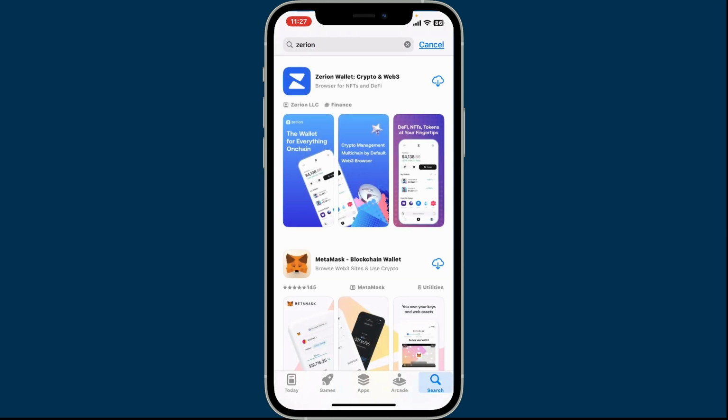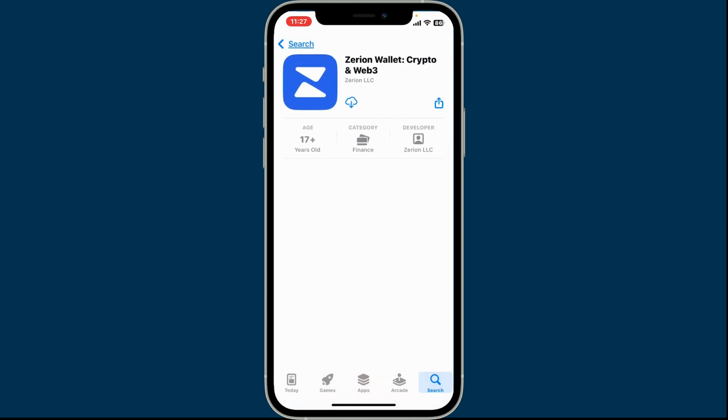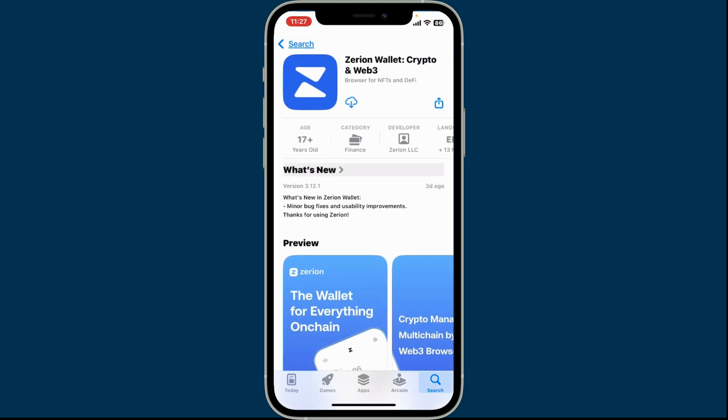In the search box, type in Zerion and search. Look for this application that says Zerion Wallet, Crypto and Web3. Tap on the install or the get button to start downloading the app on your device and your download process should begin. The Zerion app is a popular decentralized finance portfolio management tool that allows users to manage, track, and